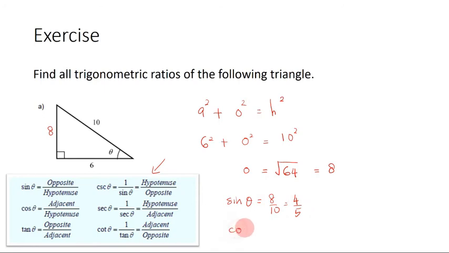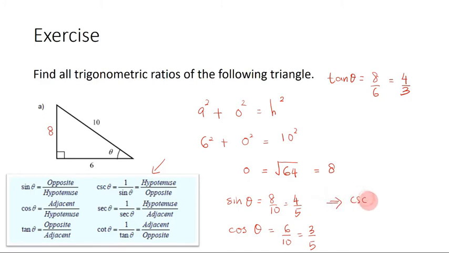Cos theta is equal to 6 over 10, or it's equivalent to 3 over 5, and tangent theta is equal to 8 over 6, or is equivalent to 4 over 3,